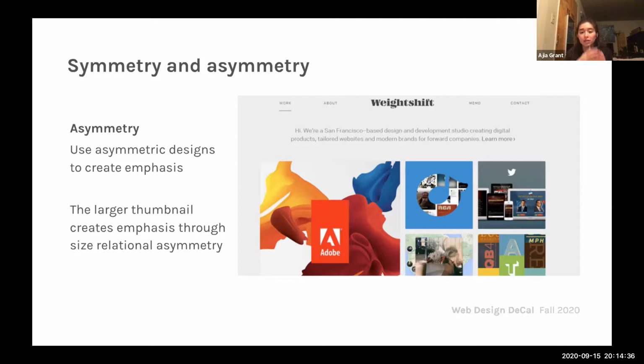But when you have the larger Adobe logo, that kind of breaks the symmetry of the page. You're like, oh, hey, that's actually important. That's where your eyes go to. So yeah, the larger thumbnails create emphasis through sizing, and you can use this to accentuate different parts of your content and what you're creating.